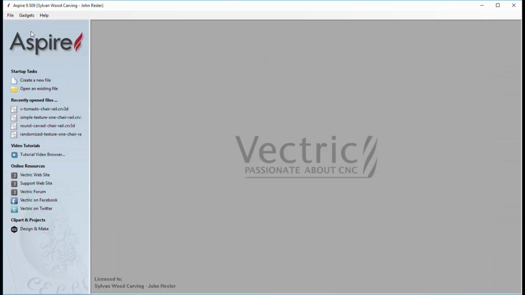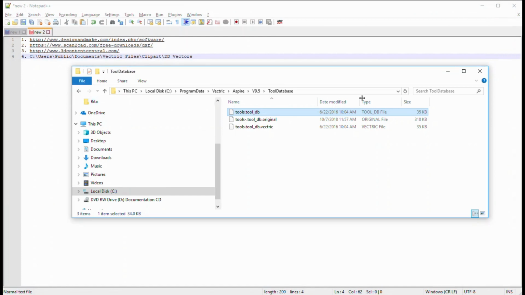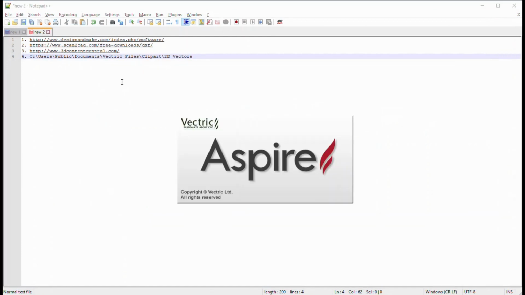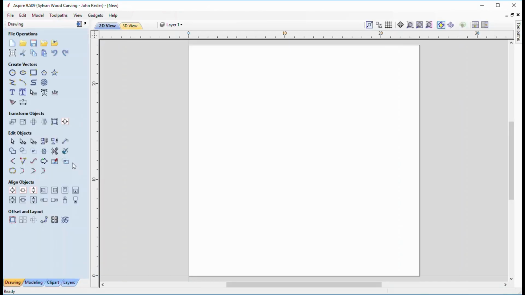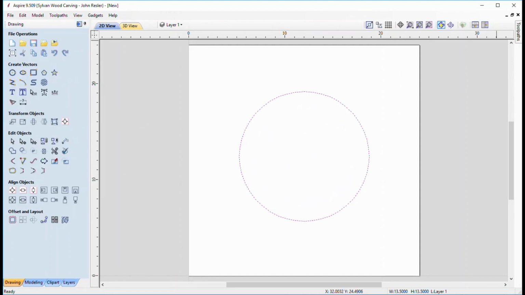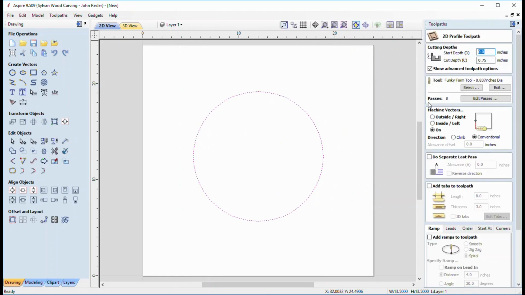Okay, so let's restart Aspire. And let's go back up here and start Aspire up. Create a new file. Say OK. Now we're going to create a little circle there. And we're going to close that up, and we're going to say, let's go and create a tool path. So I'm just going to do something simple, the profile tool path.